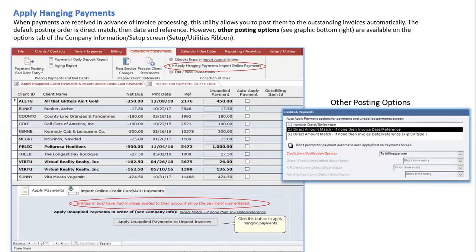That's okay. This is applying hanging payments. Not too many software products offer this, but someone comes in, new client, writes you a check. That's nice, but you haven't generated an invoice yet. Or someone mails in a check and you haven't generated an invoice yet. In the hanging payments utility, which is accessed under collections and statements, apply hanging payments, and import online payments,